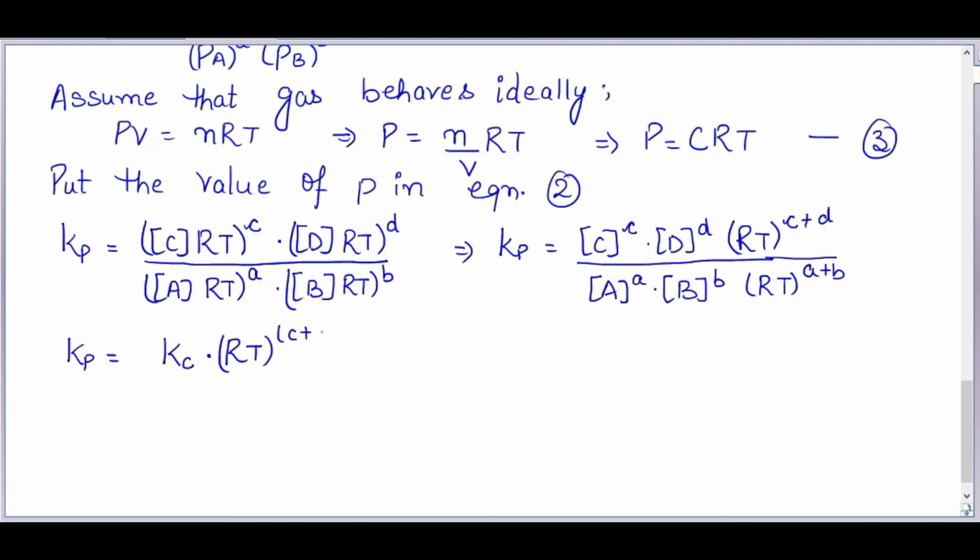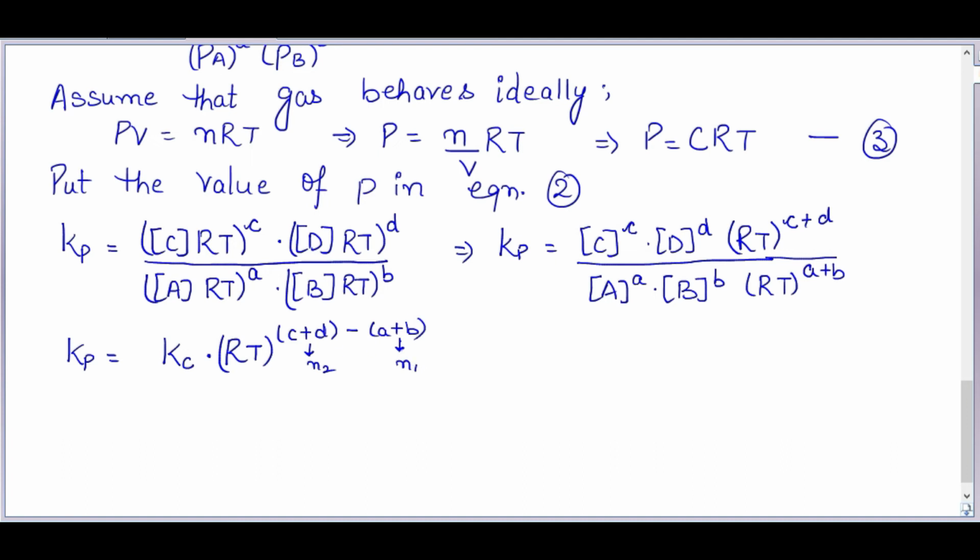C plus D minus A plus B. Okay. Now C plus D minus A plus B. These are moles, number of moles. So definitely these number of moles are of product, and that means I can write it as N2. And these are of reactants, N1. N2 minus N1, that means delta N, and these are gaseous moles.